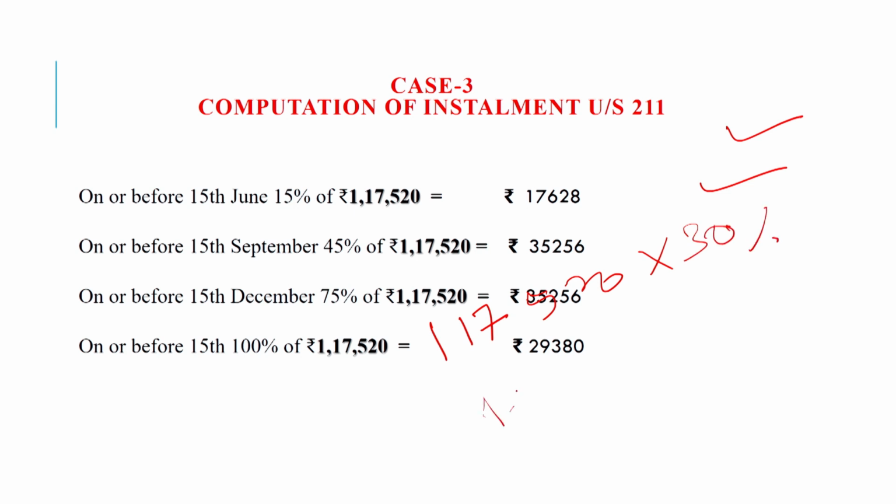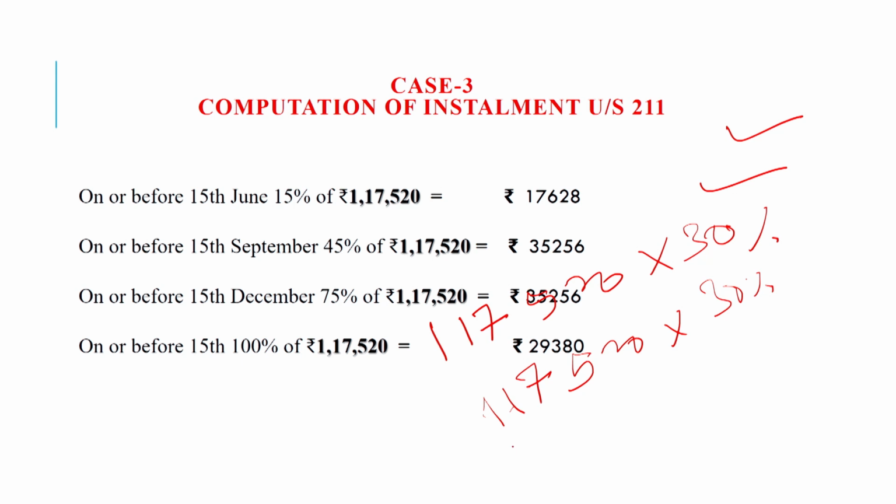The third installment is also 1,17,520 into 30%, and the fourth installment is 1,17,520 into 25%. So dear students, this is the way to calculate the amount of advance payment of the tax